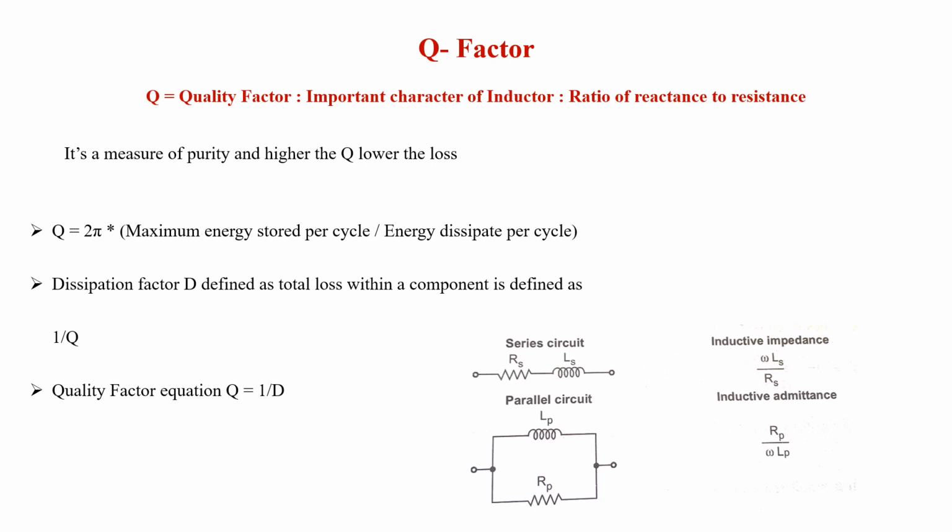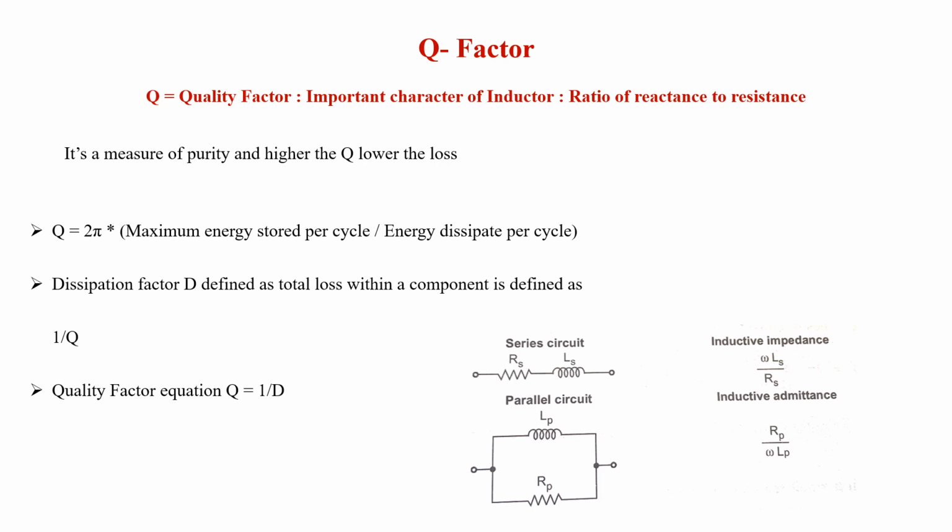The second important criterion of the tuned amplifier is the Q factor. As the name states, Q is nothing but the quality factor. It is an important characteristic of an inductor, and it also defines the ratio of reactance to resistance. This is one more definition of the Q factor. In layman's terms, the Q factor gives us information about purity. We can define Q as 2 pi times the maximum energy stored per cycle